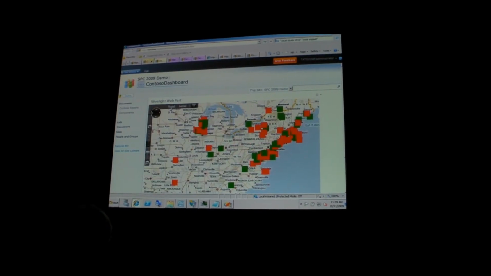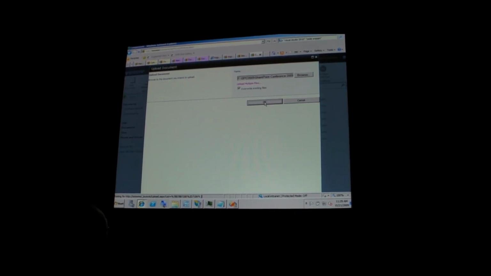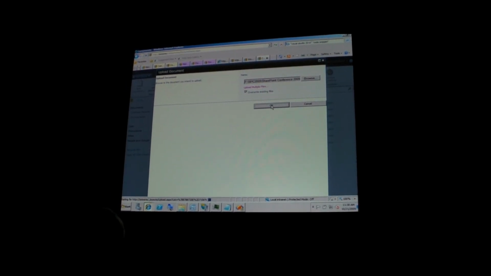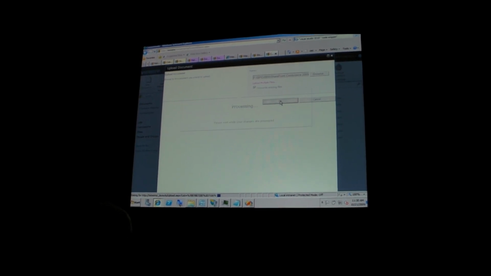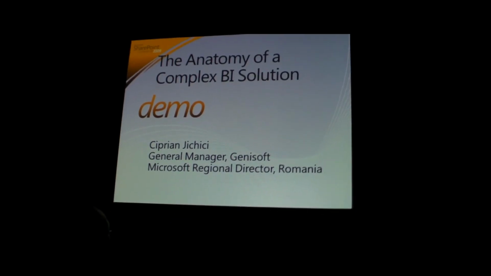Now, let me first get back to, just bear with me one moment. And once this is uploaded, we'll be able to see the dynamic version of our dashboard. Okay. Well, in the meantime, let me get back to the slides to close the token